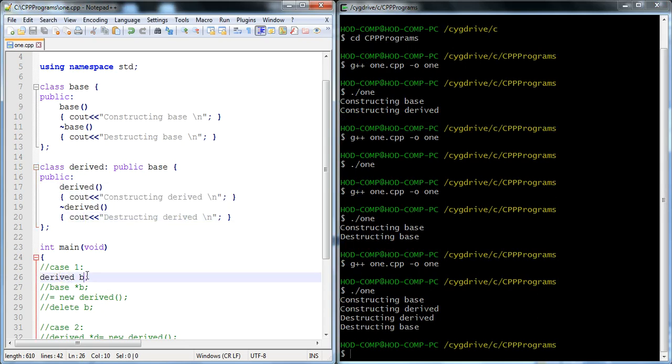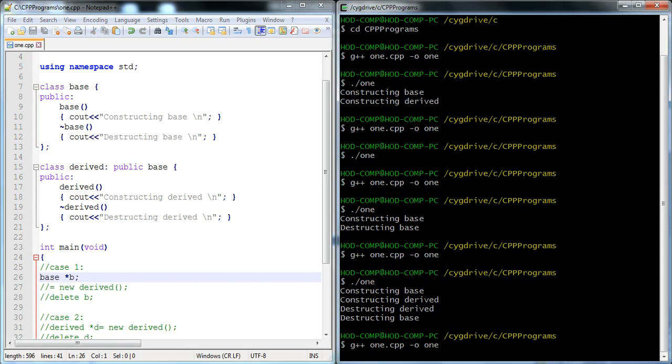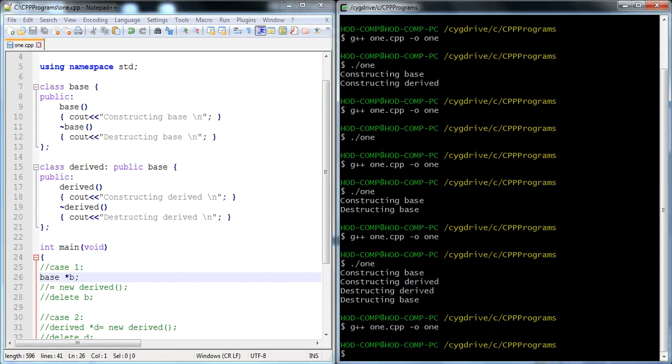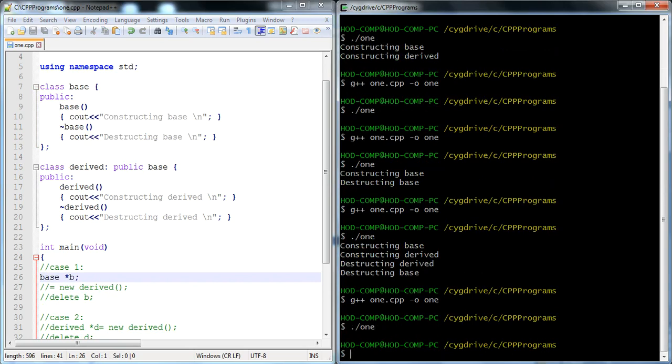If we create only a base class object, it only calls the base class constructor and destructor. Now let's see how the base class pointer works. When we only create the base class pointer, nothing is executed.